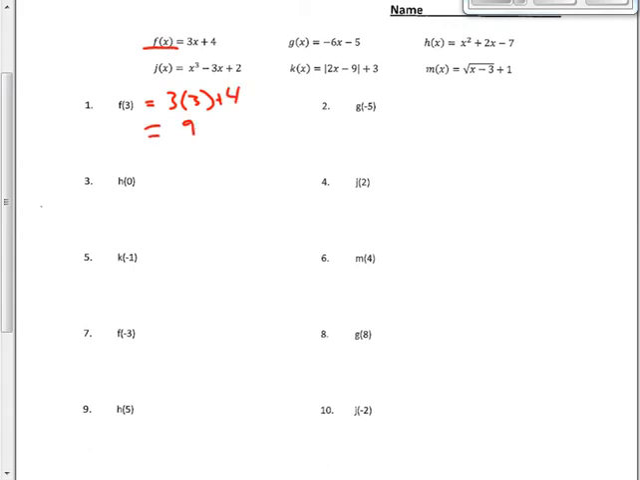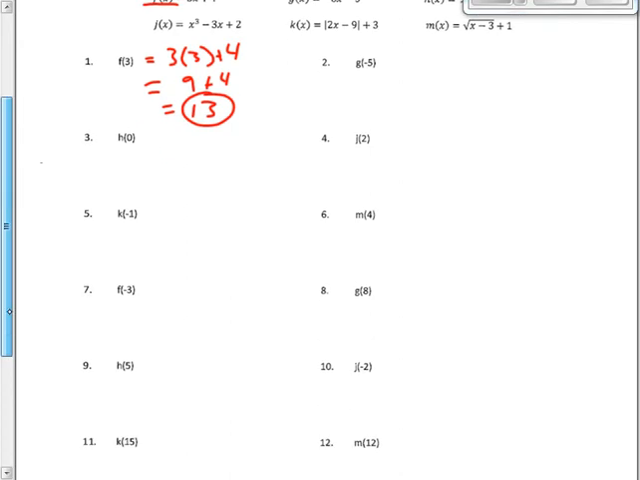And 3 times 3 is 9. 9 plus 4 gives me 13. Okay, so pretty quick and easy when I'm looking at the basic idea. Well, when I jump down, let's do one that's function k,